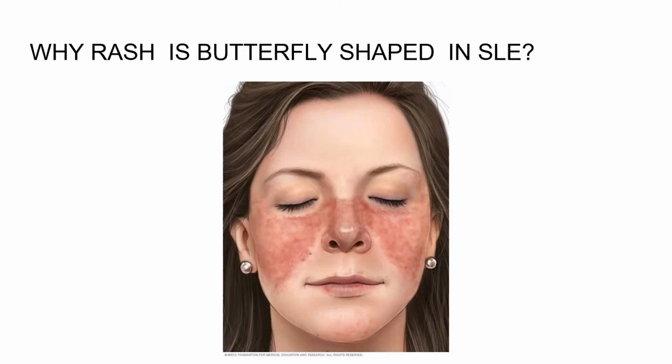The next lesion is systemic lupus erythematosus. We know that this lesion is an autoimmune disease and it is characterized by the presence of a butterfly-shaped rash. So why is this rash butterfly shaped? Why not another shape? It has two bilaterally symmetrical rashes on the cheeks connected through the bridge of the nose. So why is it butterfly shaped? Why not another shape?